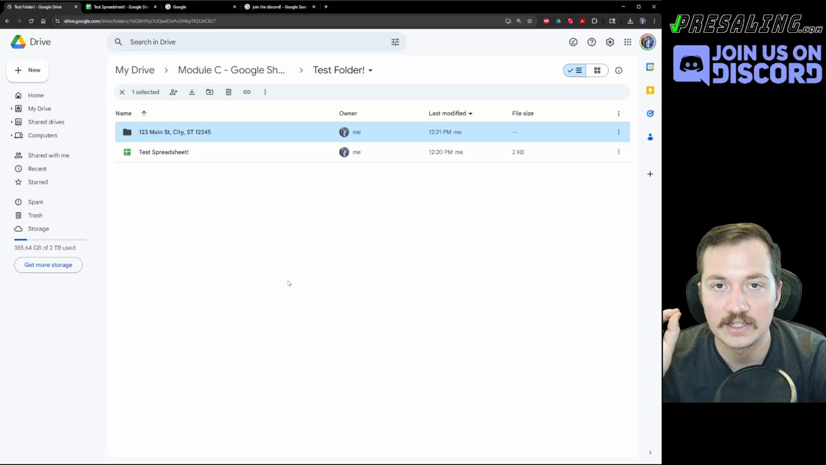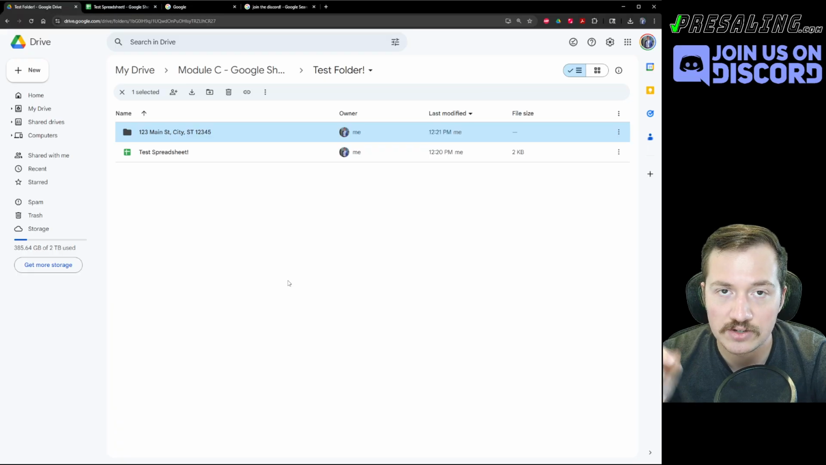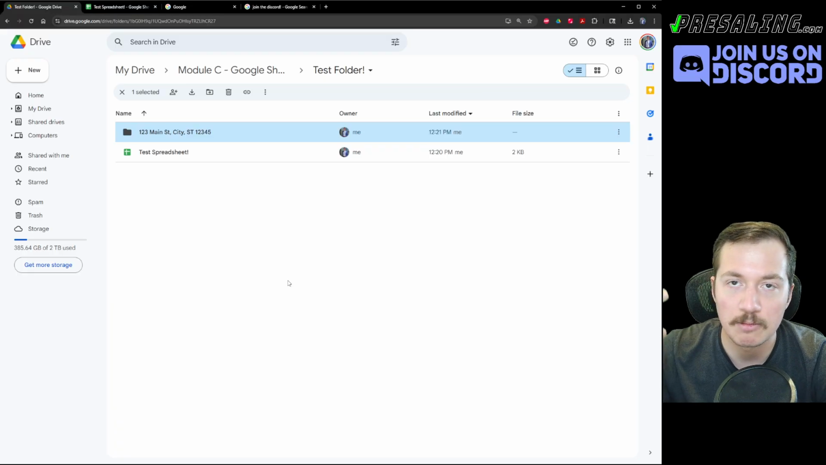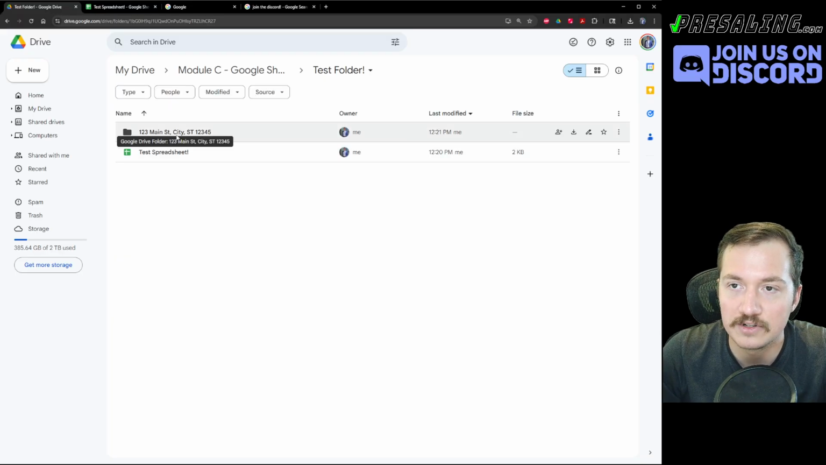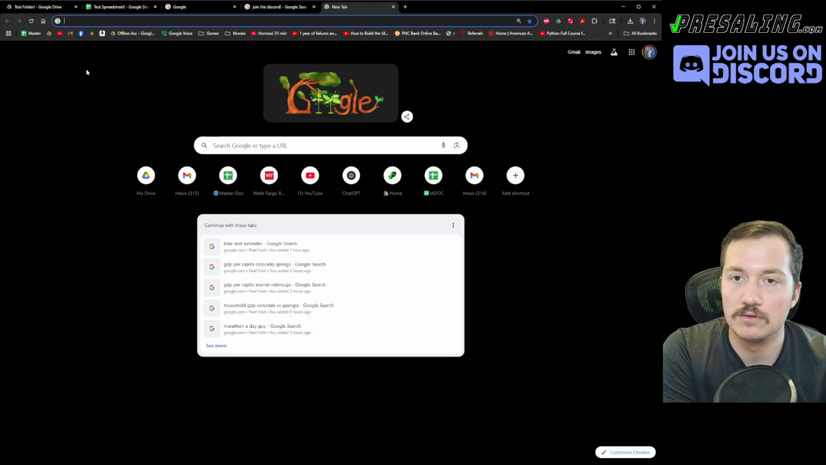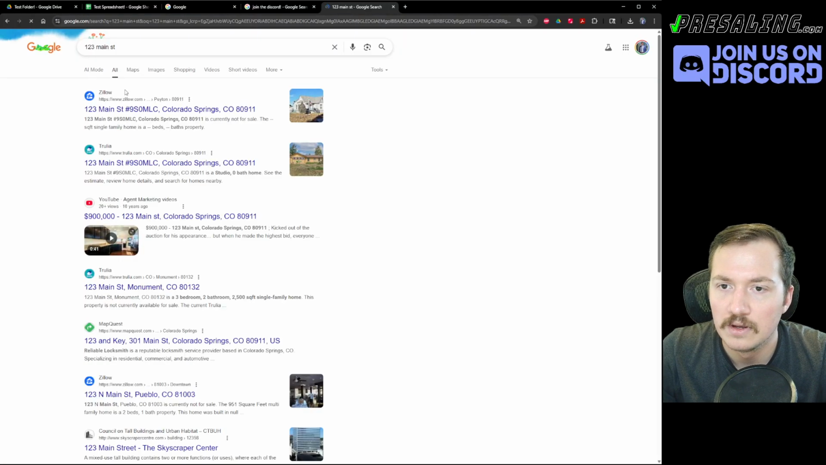But if you name it exactly the way the address is, it allows you to extract the name of the folder, and then you can automatically run a bunch of calculations based off of just the address, for instance. But you can't do that if it's not formatted right. So I would recommend every single time, if I just go to 123 Main Street, I can just find